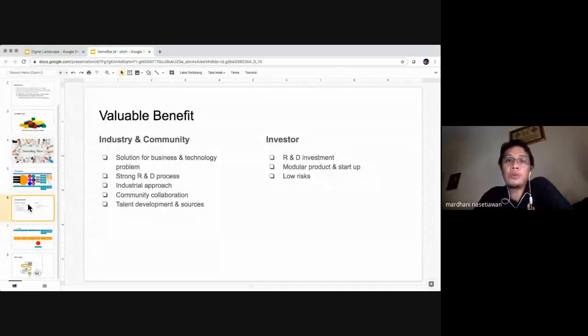Based on our process, it will be easier, and it will be some guarantee for your startup to have strong research and development. And also you will deal with the industrial approach that makes your solution close to the industrial standard. Then you will have community collaboration, and also talent development and sources.